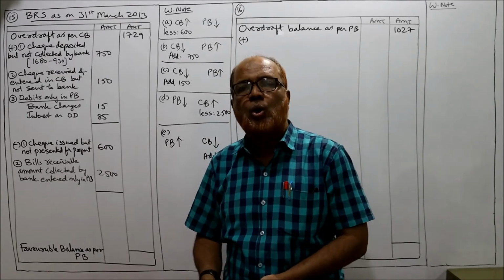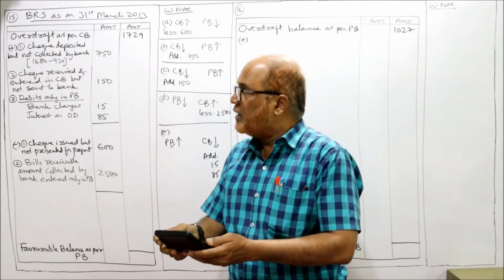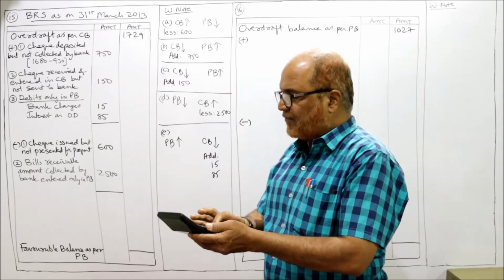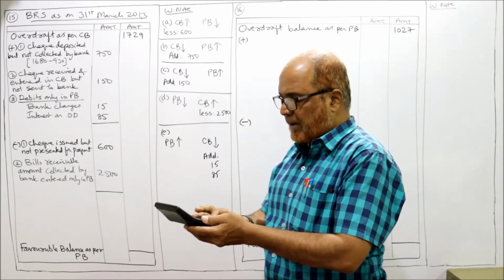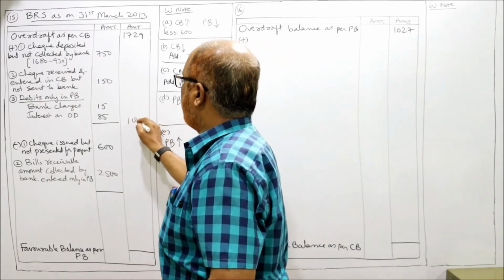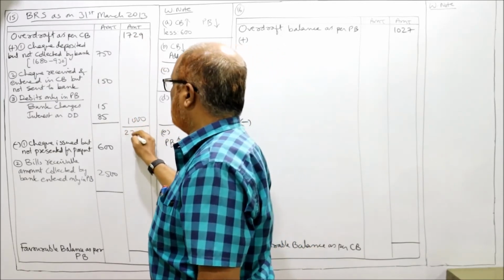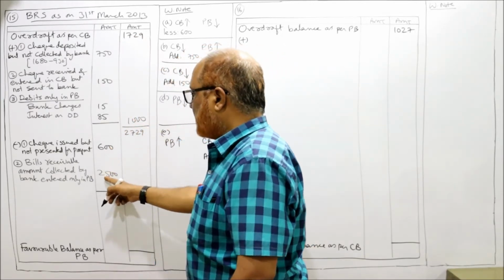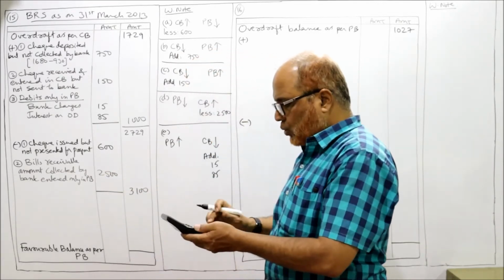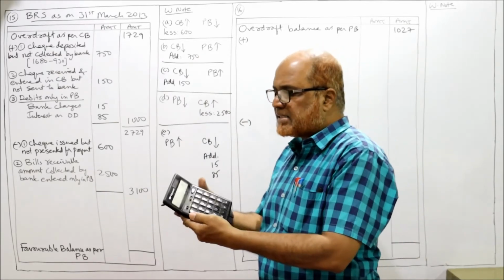Now we have to find out the closing balance as per passbook. We have started with cash book. Now, first of all, addition items. 750 plus 150 plus 15 plus 85. It comes to 1000. Add up 1729 plus 1000, 2729. 600 plus 2500, 3100. So 2729 minus 3100. You are getting 371